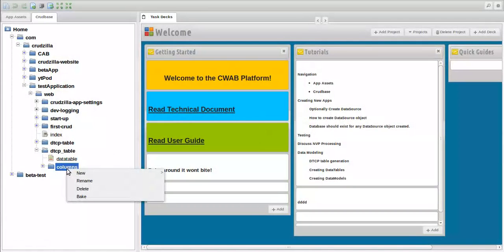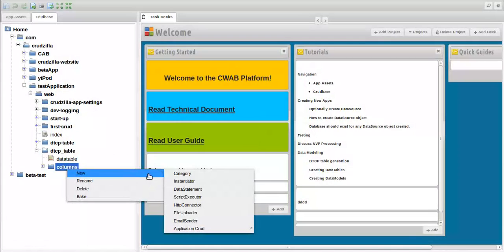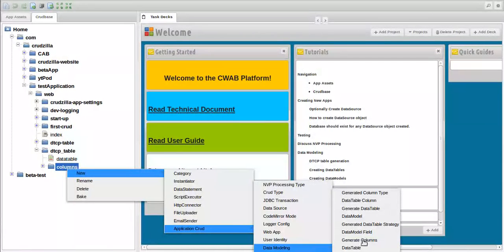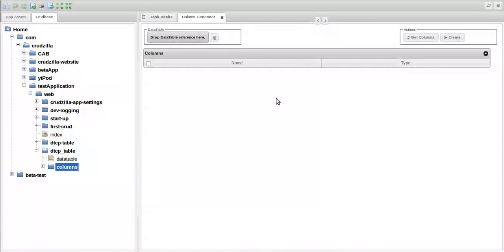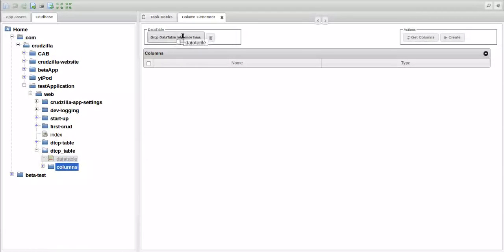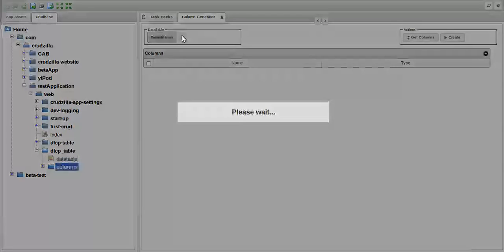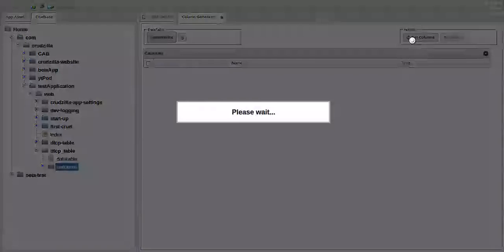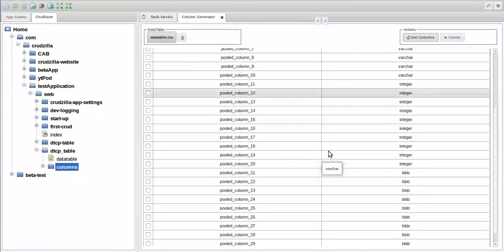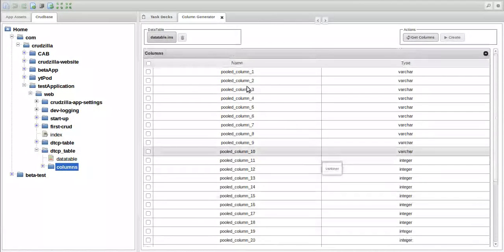And then to generate the columns, you're going to right click on the columns category, navigate to your data modeling menu, and select generate columns. And this will bring up a utility that allows us to generate these columns. You can actually do this manually, but that would be tedious. So let's drag and drop the data table that we created, drop it there, and then you say get columns. This will go to the database using the data source configuration and pull out all the columns that are in